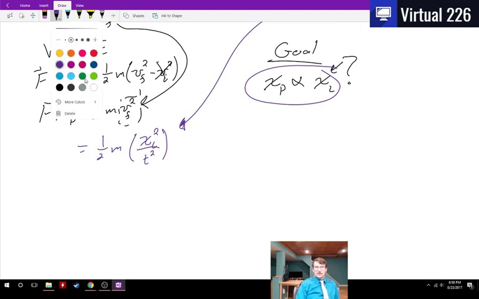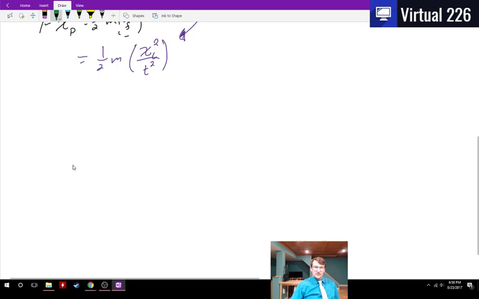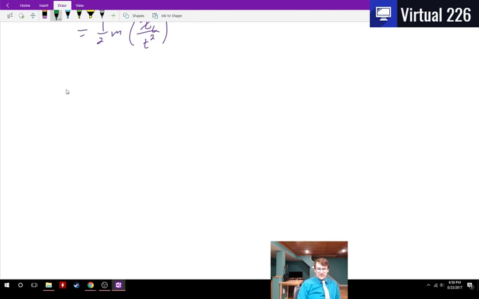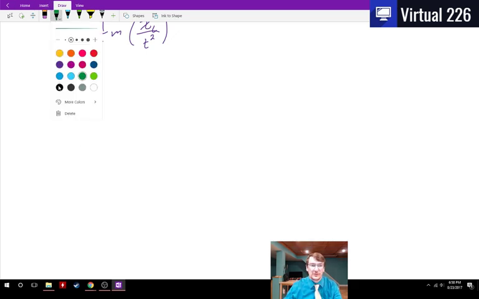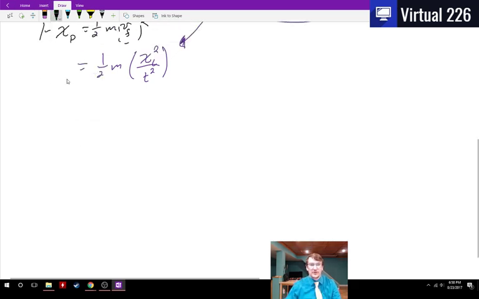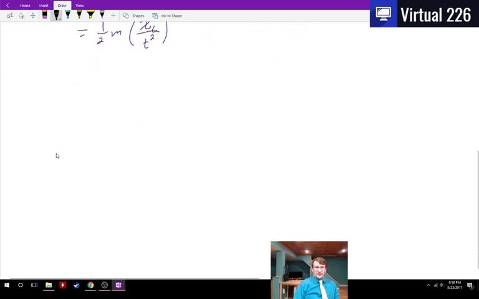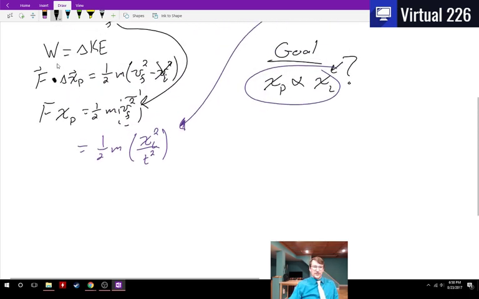Now, the real aspect of this that becomes a little bit more challenging is when I asked you to solve for the force. And I guess before I go to that real quick, I'd just like to talk about this back here, this work equals kinetic energy. A lot of people like to start this lab doing pressure. They like to use pressure right up here, and I'd like to just comment on that real quick because you got to be careful right in here. You can start this lab with a pressure,